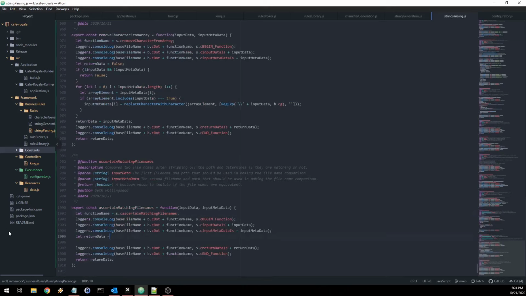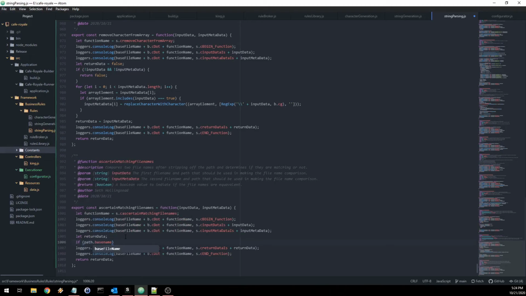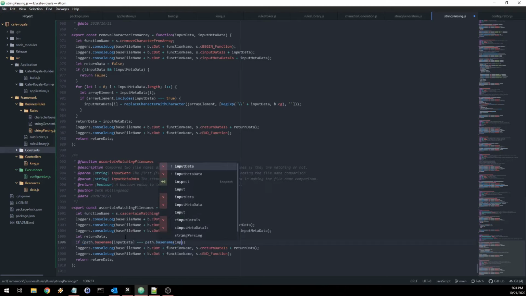All right, as for the implementation, return data is actually just like that. And then we have if path.baseName input data equals path.baseName input metadata,